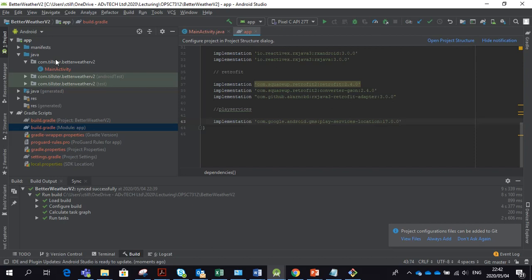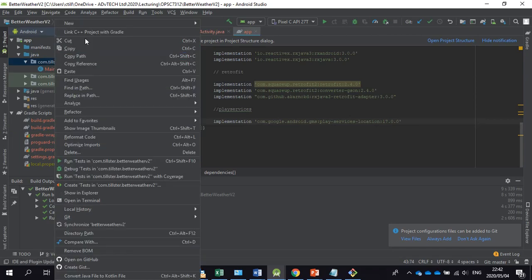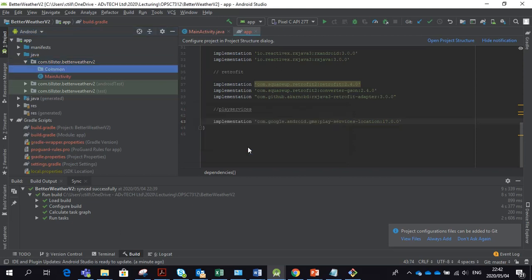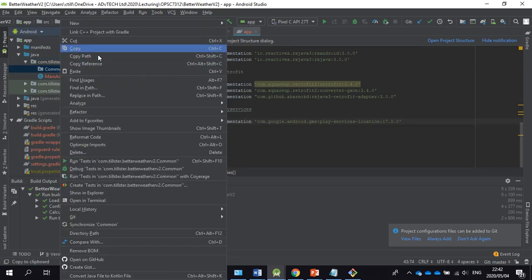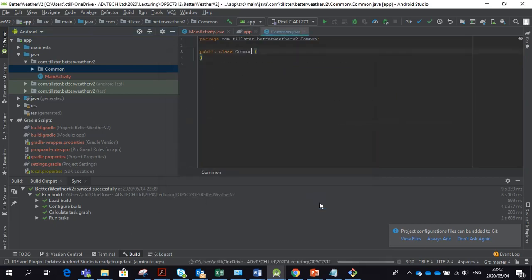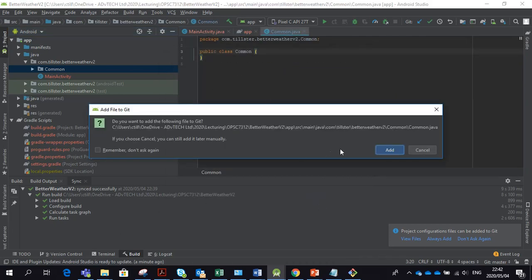So what we want to build here is a common library. To do this application, we're actually going to build quite a bit of packages. So you're going to say new package, which is just like a folder in C# to organize all the code that should go together. And we're going to build a package called common, which will contain all the classes that are common to the entire application. We are then going to create a new Java class, which we're going to call Retrofit common,